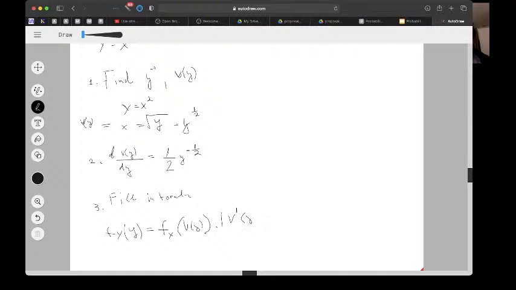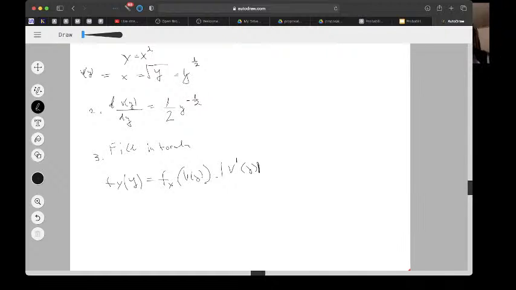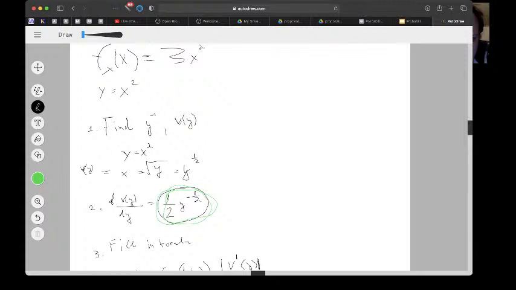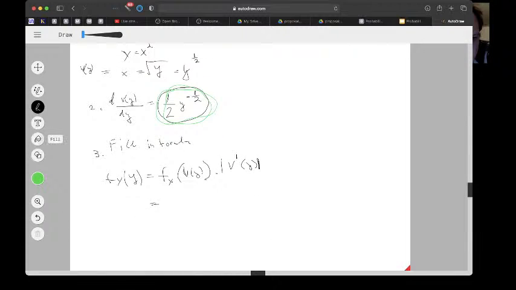To write a shorthand like this. Okay, so now v of y is this value. I'm just going to use different color. This value, and we plug it in f of x, which is this value, this function. So that will be 3 times